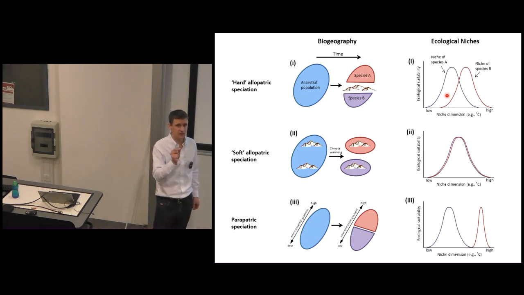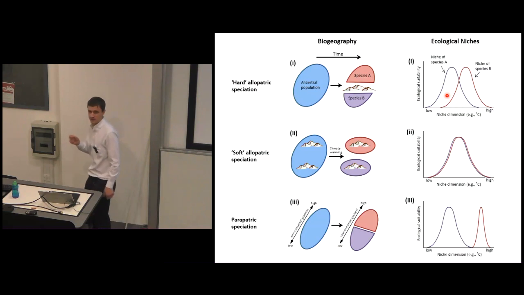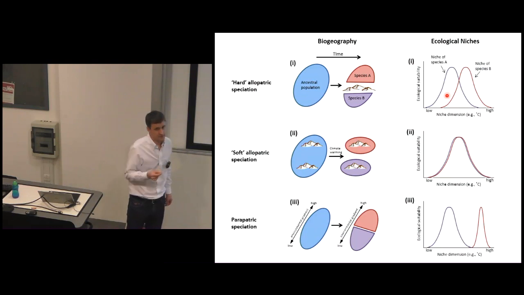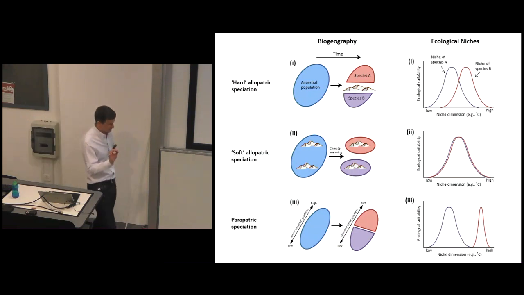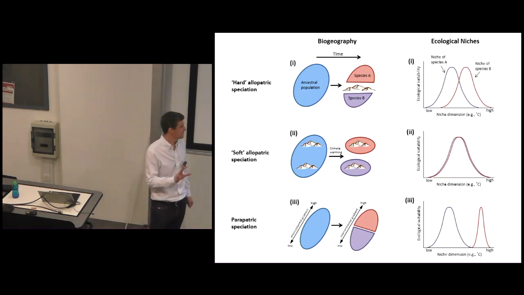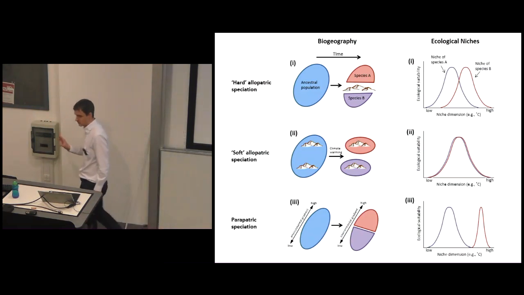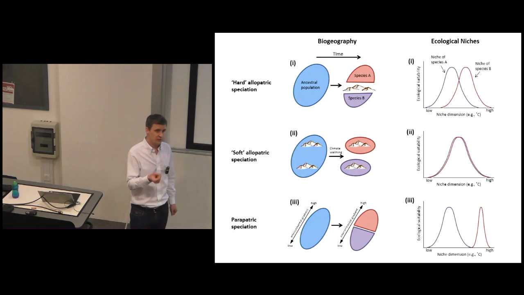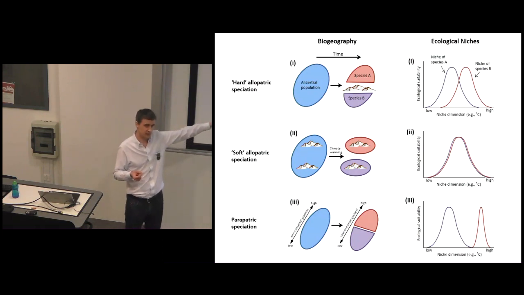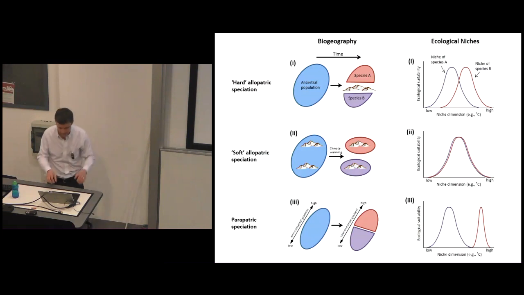It's not so much dependent on the niches, so we wouldn't expect to see a statistically significant pattern of trend towards divergence or conservatism in the ecological niches. They might be somewhat similar, they might be somewhat different, but we wouldn't expect to see that they're statistically similar or different. So that's to broadly go over a lot of theory that's been widely written about in terms of niche divergence and niche conservatism. But the key thing is that we can apply some of these similar kinds of ecological methods to characterize these ecological niches to try and say something useful in these debates.